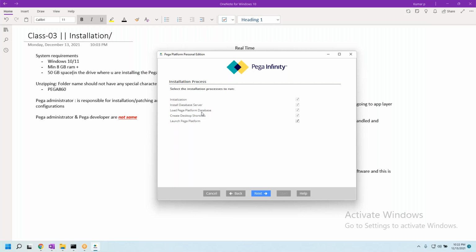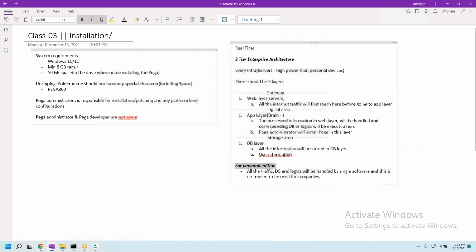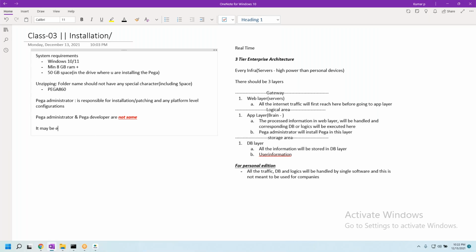What happens is, when we are doing the installation, whether it is an enterprise product, enterprise infra, or personal infra, the first step is that the Pega backend scripts will unzip, or you can say unwrap, all the data into the database first.